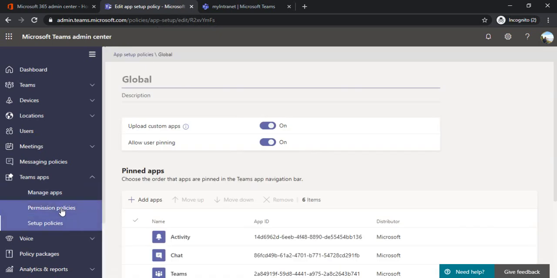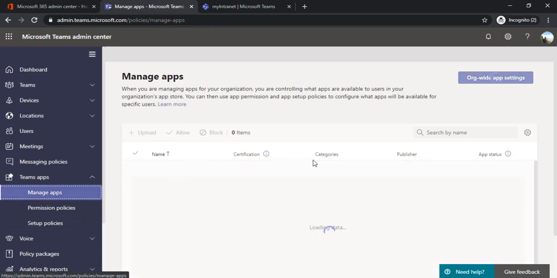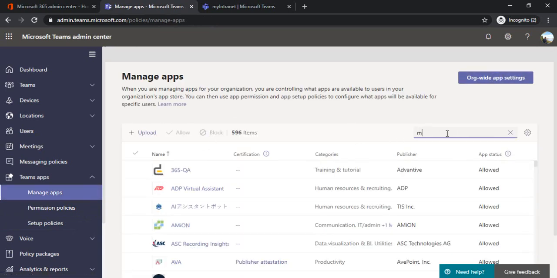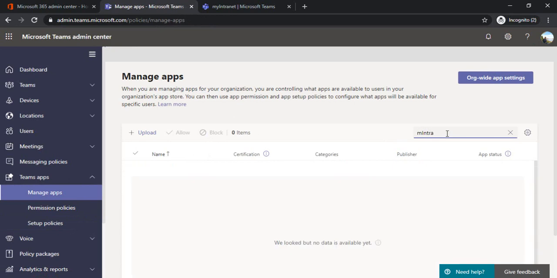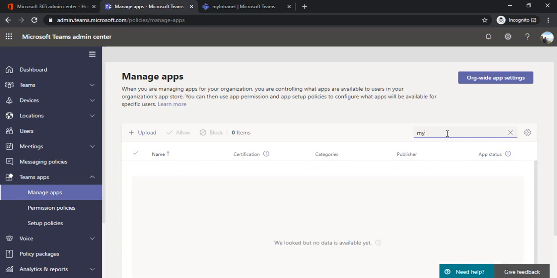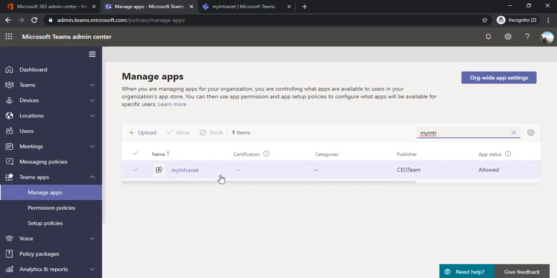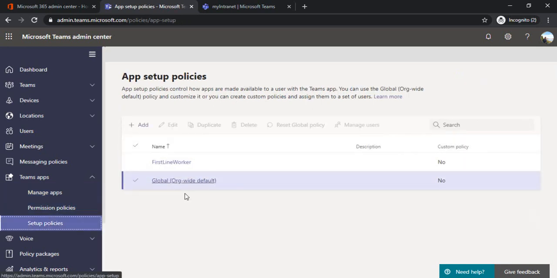So I'm just going to my manage apps. I'll try to find out if I'm able to see my intranet or not. Okay, so I can see that I have my app over there.